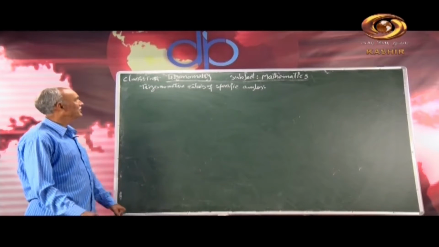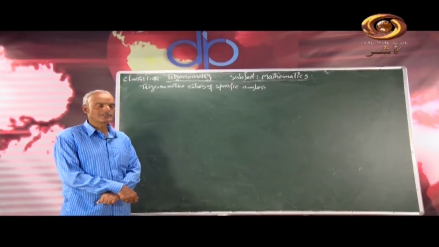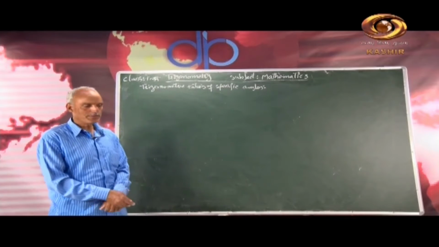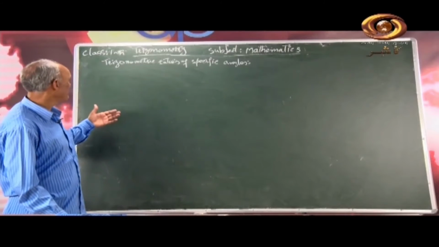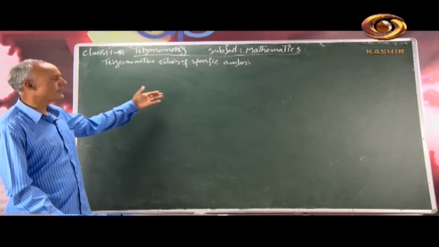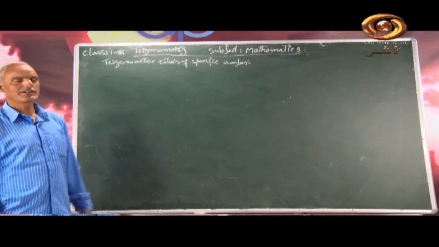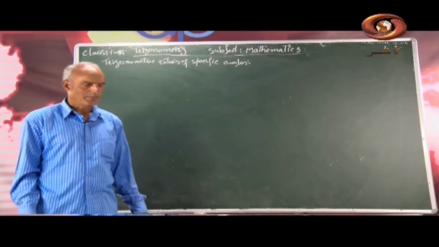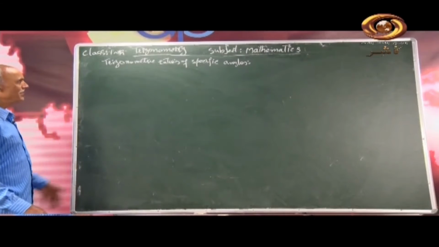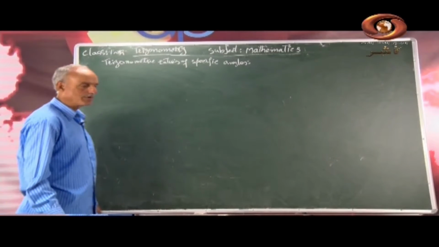Subject mathematics, topic trigonometry, trigonometric ratios of specific angles geometrically. How to show the different values of these geometrically, how can we show the trigonometric ratios of certain specific angles, usually 5, that is 0 degree, 30 degree, 45 degree, 60 degree and 90 degree. But we will not take them serially, first we will talk about 45 degree.